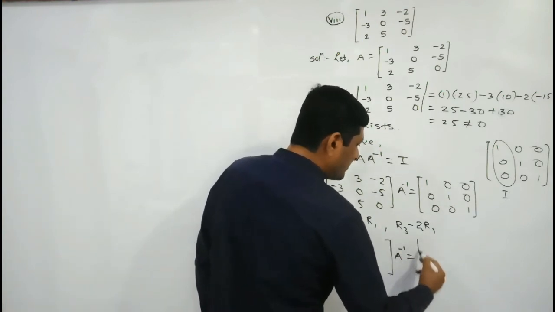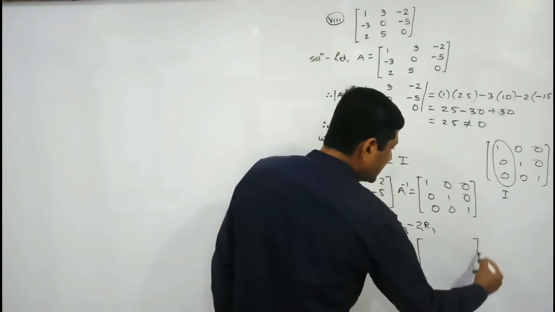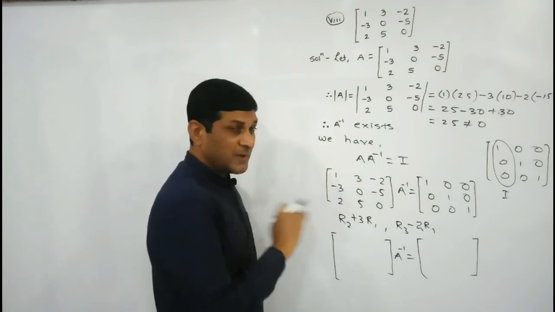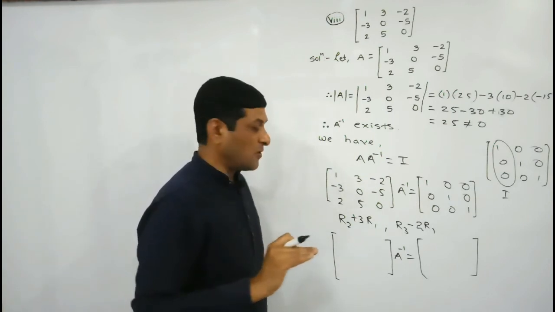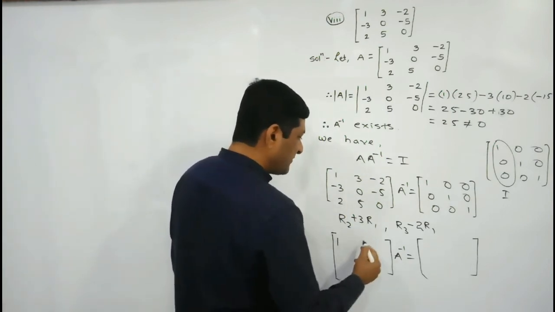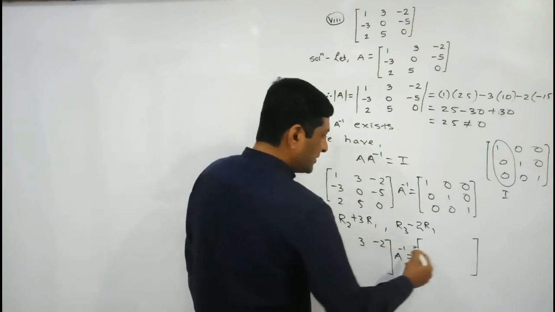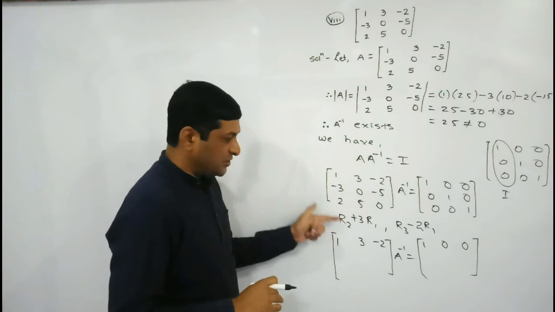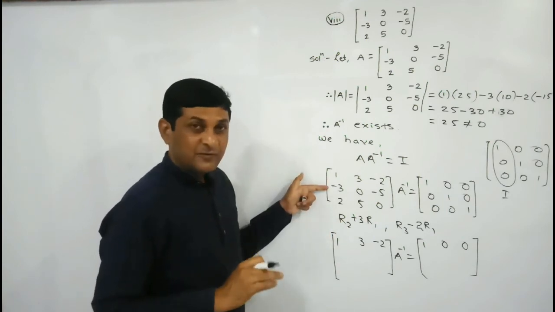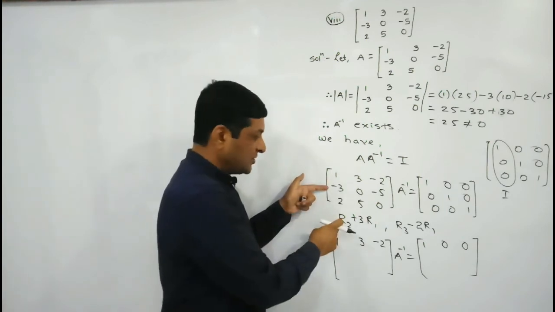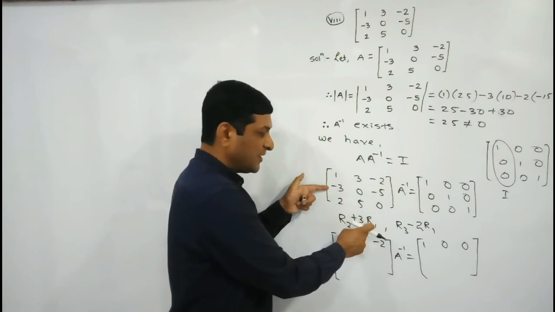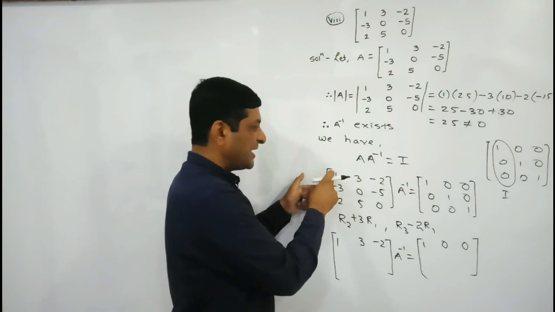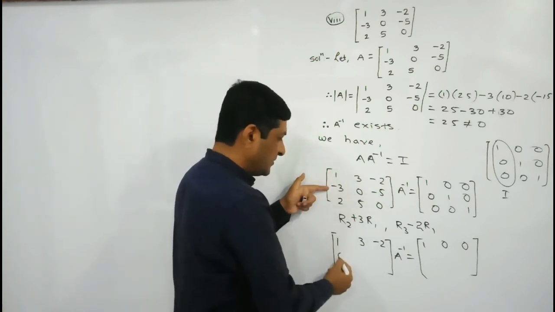So whatever operation we are performing on the left hand side, the same operation we have to perform on the right hand side. As it stands, there is no operation on R1, so keep the elements of R1 as they are. On this side also keep the elements of R1 as they are. Perform this operation very carefully on R2. When our operation is on R2, we are using the corresponding element of R1 and multiplying R1 by 3. So multiply by 3, plus 3 minus 3 will become 0.